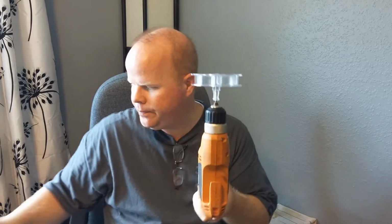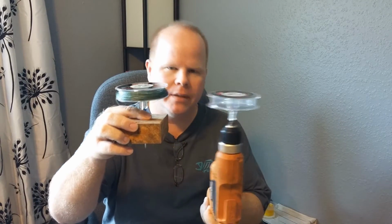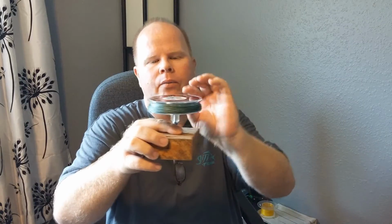Stick it like that. Just simply attach the line from one spool to the other. Spin it. It'll take it from this spool onto this spool. And what that will do, it will take all this good braid that's been covered and doesn't have any sun damage, doesn't have any abrasion damage from being cast and stuff. It'll take that and it'll put it underneath again. So then you just simply do that,